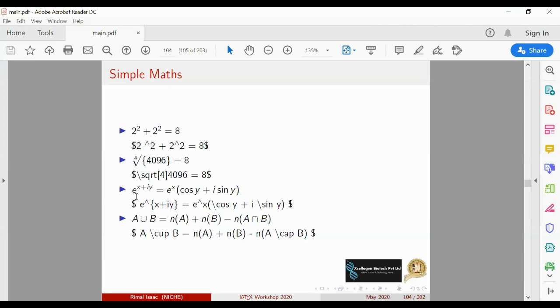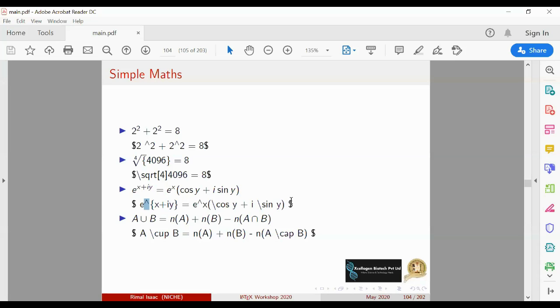The next thing is if you want to write an equation like e raised to x plus iy. Here x plus iy comes in the superscript. If you want to put both things in the superscript, you have to put the up symbol and then put the whole content inside curly brackets. Here you can see, if I put 2 raised to 21, it will put 2 squared and then 1, so it will not put 2 raised to 21. That 1 will be a normal letter. So if you want to apply the superscript to the entire thing, you have to put the whole thing inside the brackets.